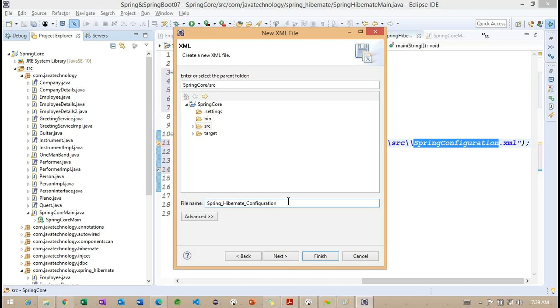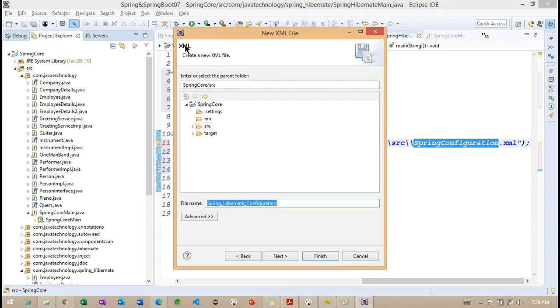So initially when we were working with Spring 4, how exactly did we provide the configuration? The same configuration we are working with in Spring Hibernate here. Later we can move on to the annotation example. So we need an XML configuration here.